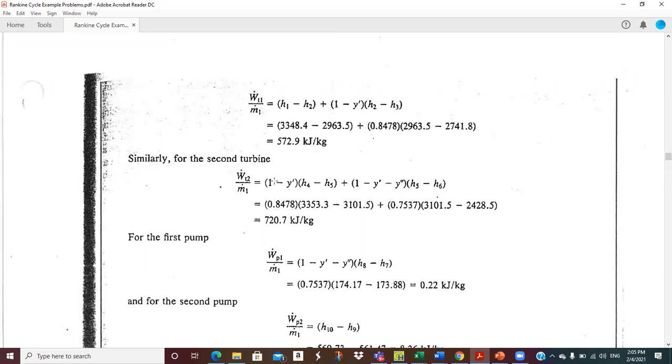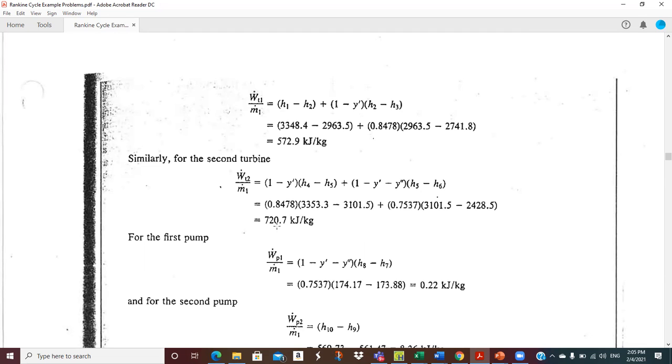And so for the last portion of the second turbine, the enthalpy difference is H5 minus H6, but the flow qualifier or multiplier is 1 minus y prime minus y double prime. So we got all the numbers, we plug them in, and we see that the low pressure turbine is producing 720.7